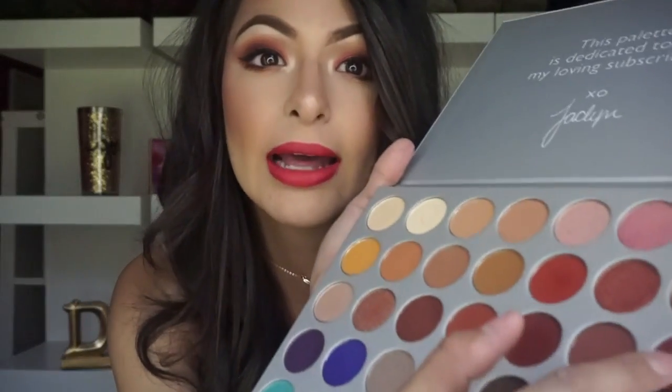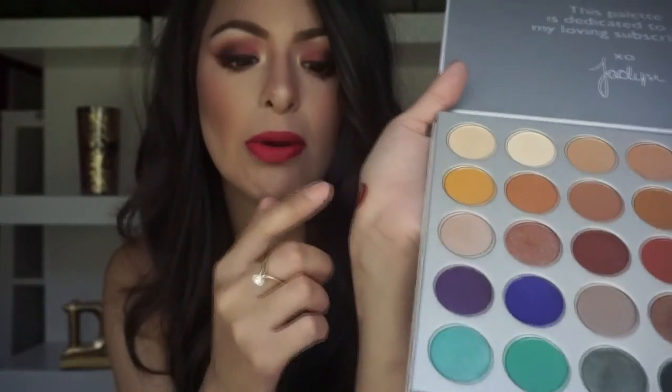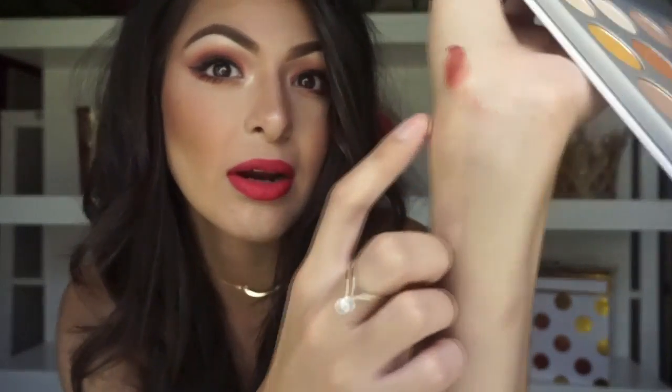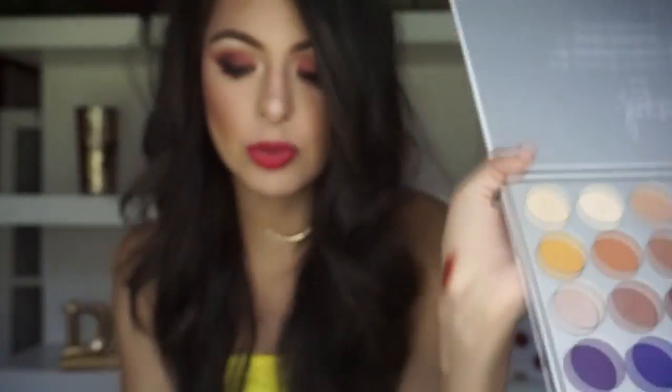I did this one right here on my eyelid. It is very, very pigmented. I mean, you can see that right there. Very pigmented and just a swatch. So I give this two thumbs up. She's about to restock, so get your hands on a palette. It's $38. Morphe and Jaclyn worked so hard on this, and I can tell you, this was worth the